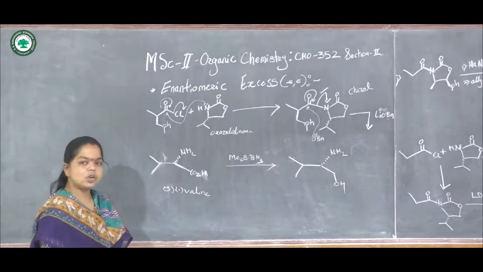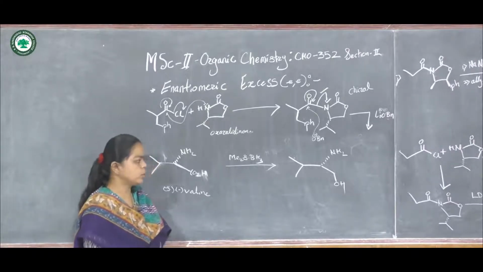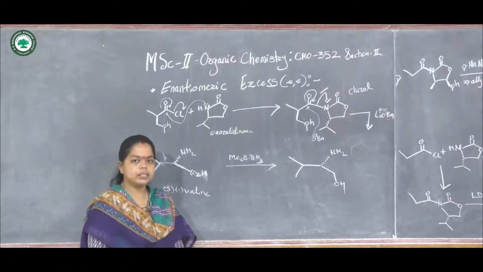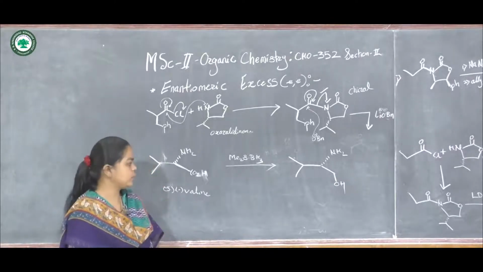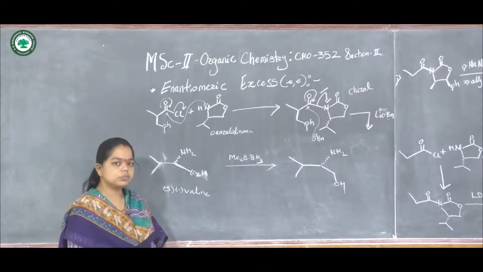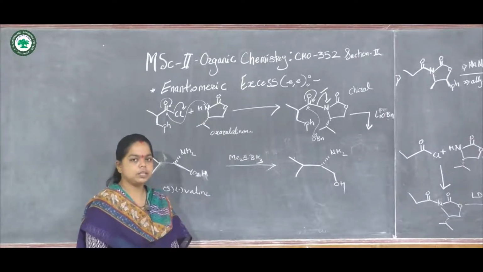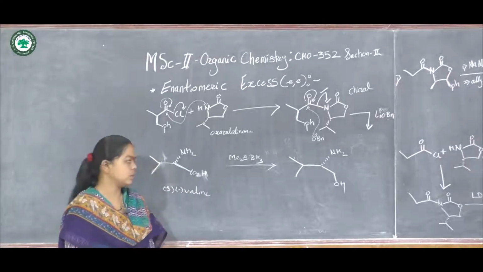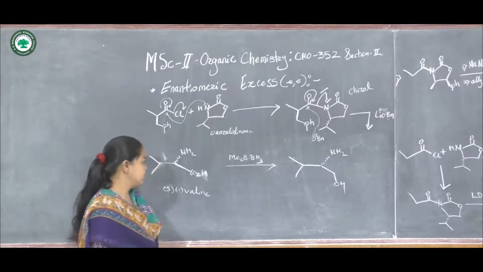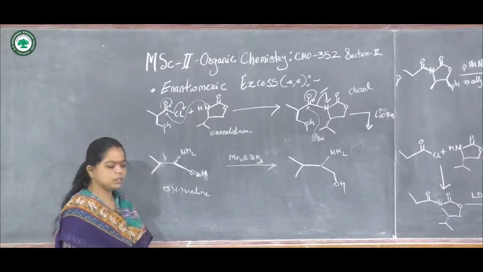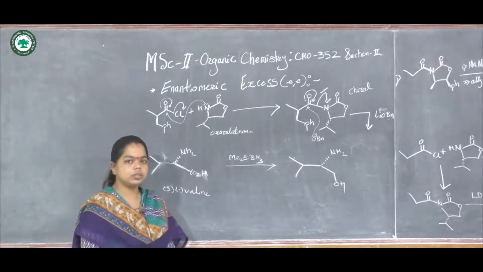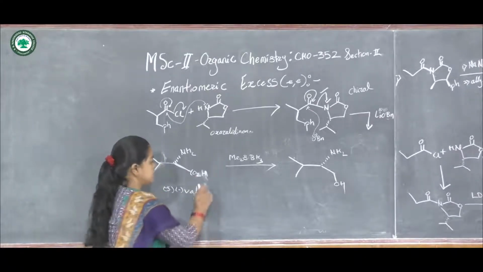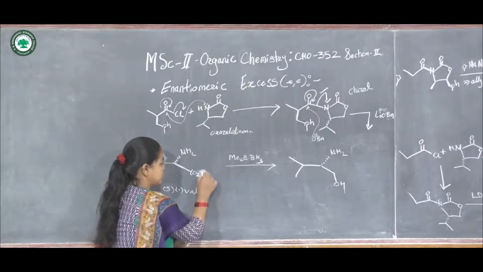So the synthesis of the oxazolidinone molecule involves, first, we use S-valine, an enantiomerically pure amino acid. Through a number of steps, this amino acid gets converted into the cyclic, enantiomerically pure chiral auxiliary. The first step is the reduction of the carbonyl group. Either we can convert it into an ester and use this ester derivative, or we can also use the